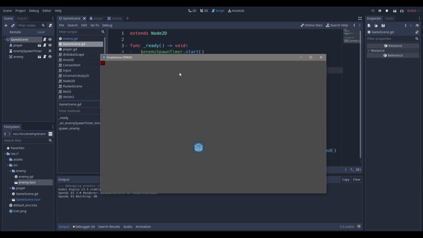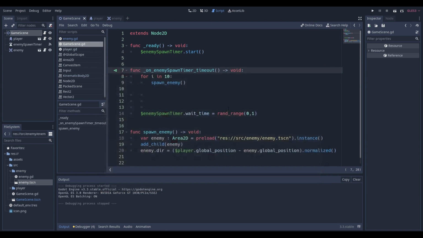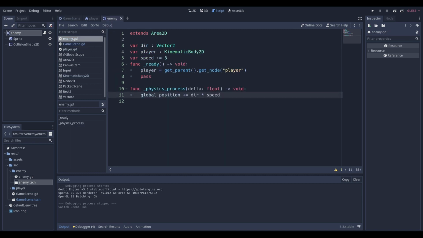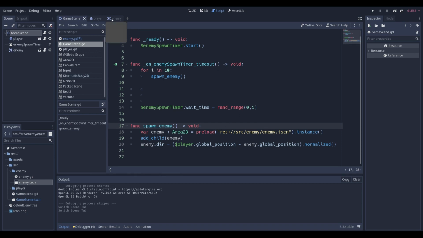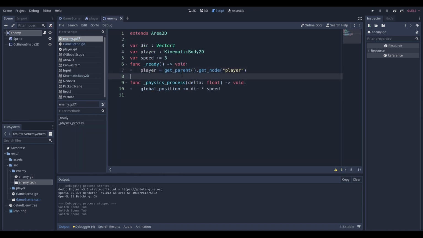So what does that mean? Well, it doesn't look like anything because all the enemies are spawning over here. But let's say I tell my enemy, I want you to spawn in a random position. Now you can do the random position spawning over here in the spawn enemy function, or in the ready function of the enemy itself. But I like to do it in my actual enemy script because I want everything to be clean